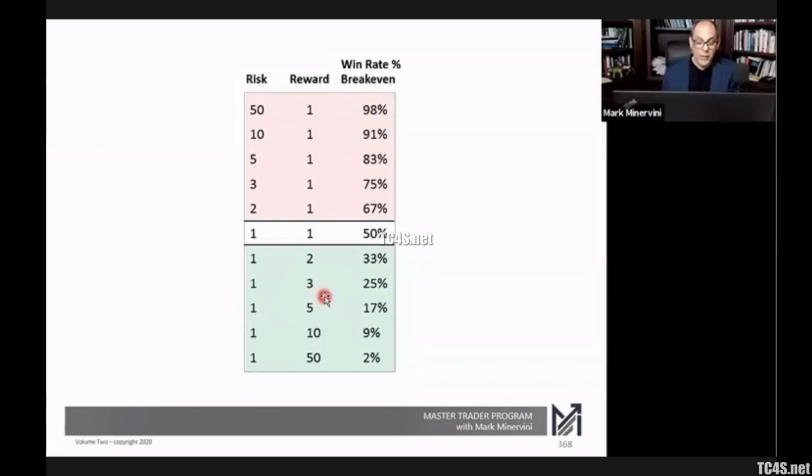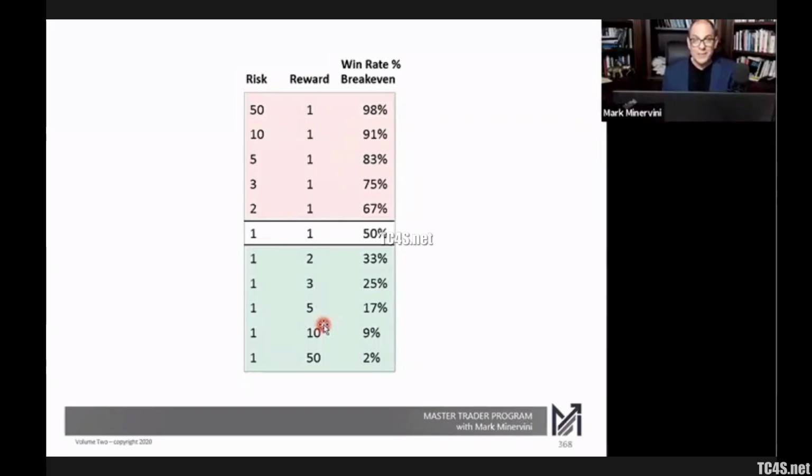Now, if you're getting 3-to-1 on your money, you can be right only 25% of the time and not get in trouble. You're still breaking even. And at 5-to-1, 17%, 10-to-1, 9%, and it goes all the way, getting better and better, of course. The larger your R is, the larger R trade you have, the fewer times you have to be